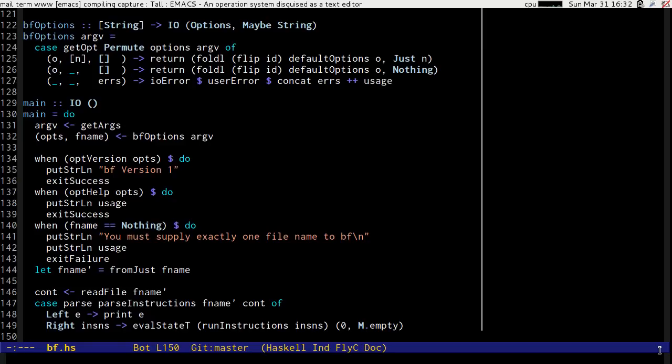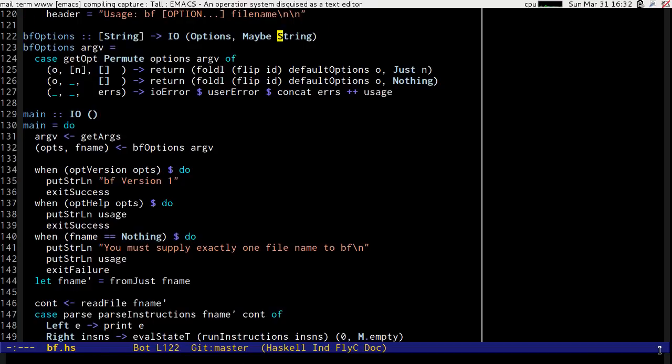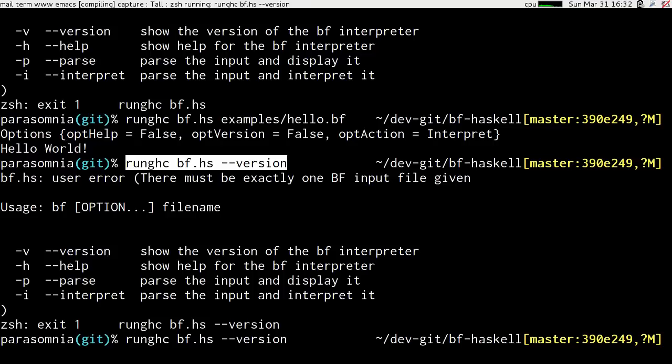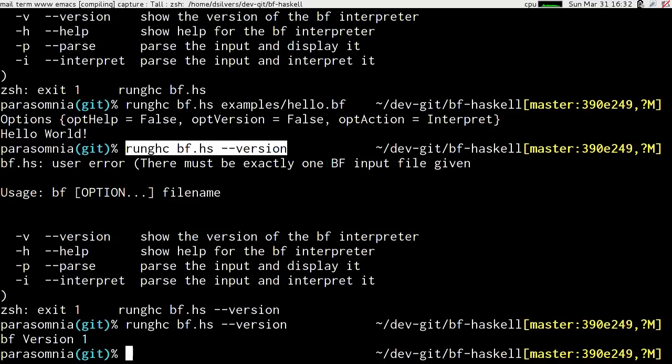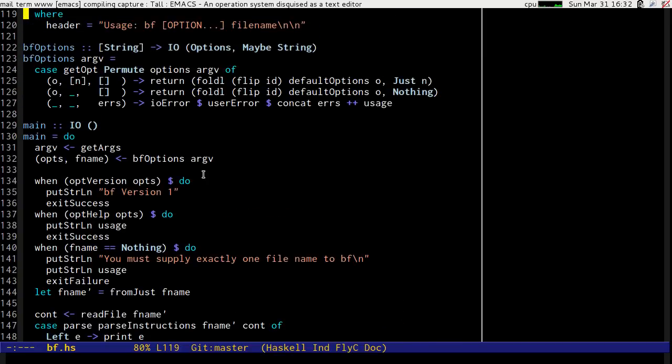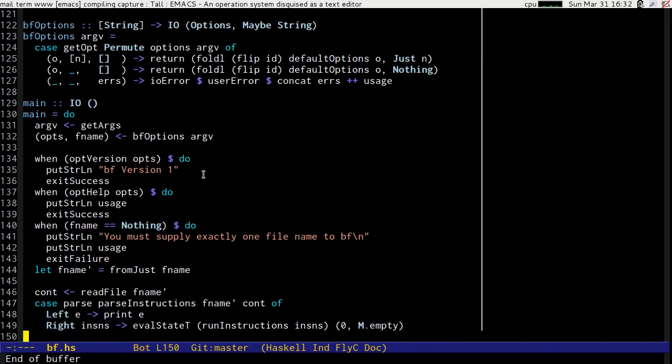So here is a little bit of the option parsing rewritten slightly. I now return a maybe string here. I return a nothing from this option, this failure mode where it's not exactly one file name, and that allows me to deal with the situation of asking for the version without specifying a file name, which is kind of important, and it allows us to process through. So the only thing that's left for us to do is to handle the situation of do we interpret or do we just parse. So that obviously needs to be handled in here,